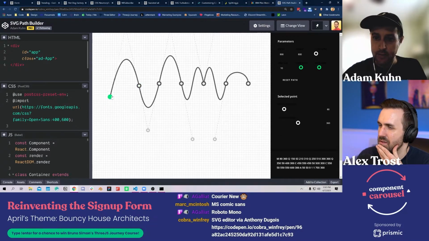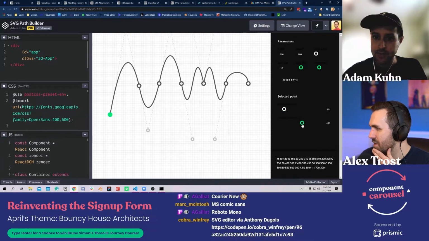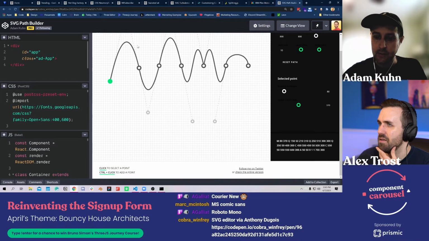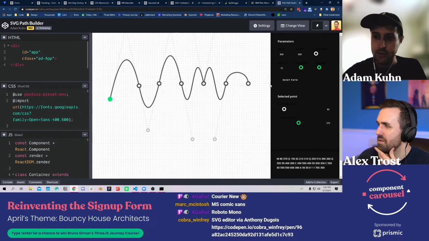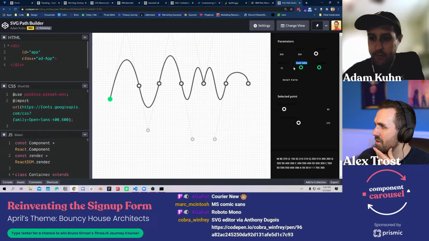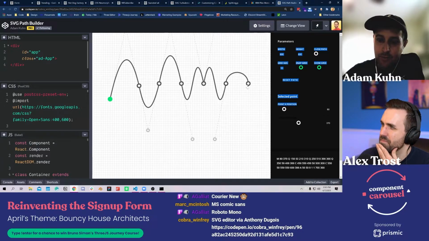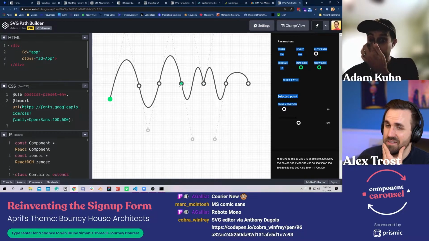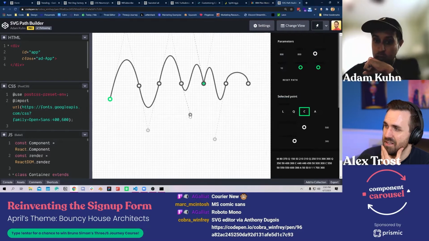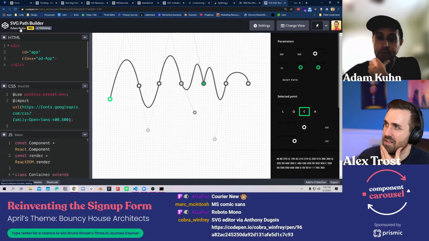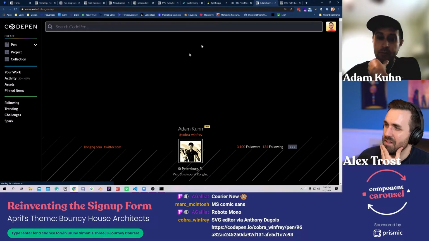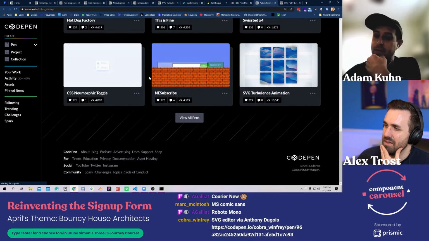Basically, the reason that I love to use this is because you have a great visual idea of where all these paths are. As long as you have a matching number of points and you don't change the path style or the point style, you can just leverage CSS to manipulate paths, which is really cool. When it comes to morphing things, it's a pretty flawless, seamless way to handle it if you don't want to reach for something like GSAP.